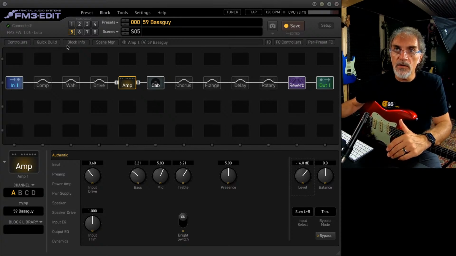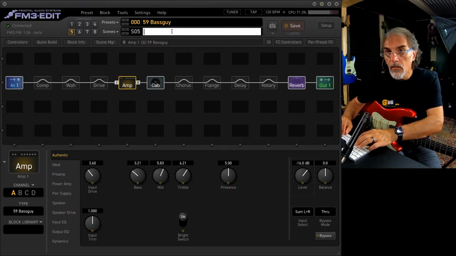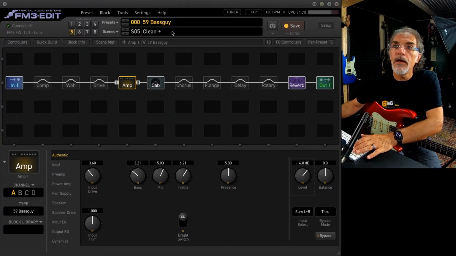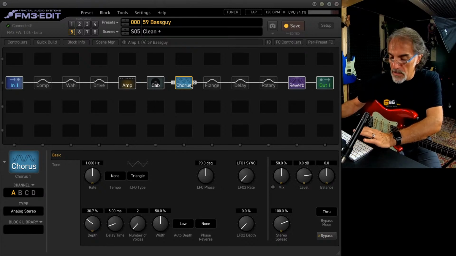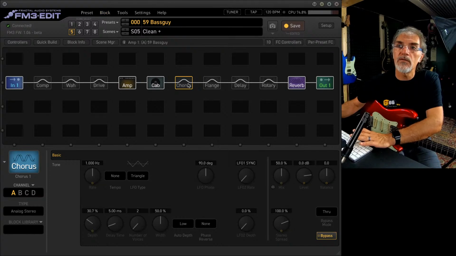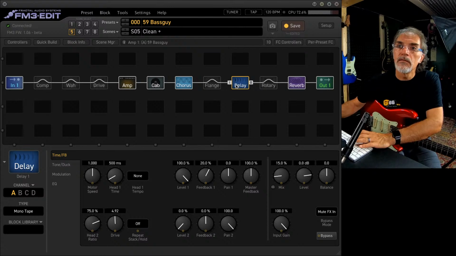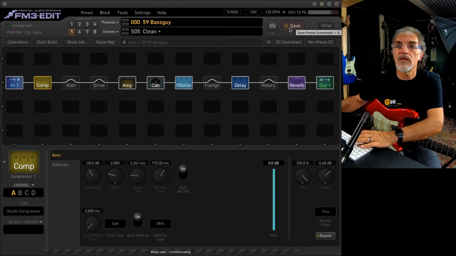For example, if we want to have a new scene that we call clean plus, where I want to have the chorus, I click on the chorus and press the space bar to bypass, engage or disengage. I want to have the delay, for example. I want to switch on the compressor. Okay, I press save to save the status of this scene.